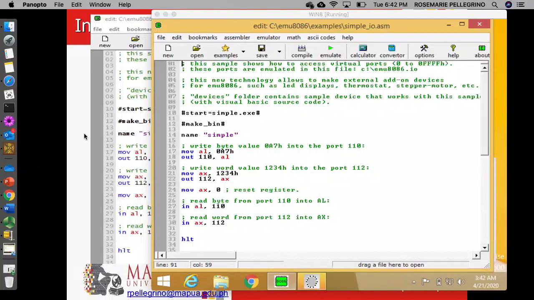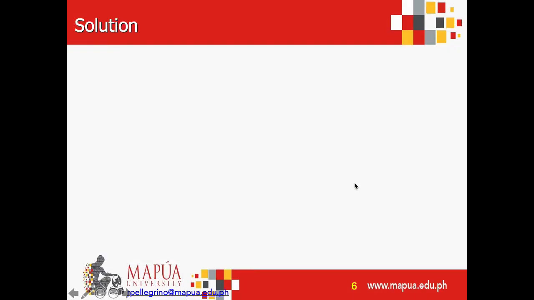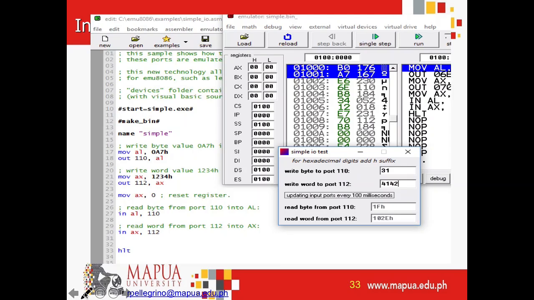The next example is using a simple I/O test. So in this case, okay, in this given case, these are the inputs. Meaning you have a keyboard, for example.